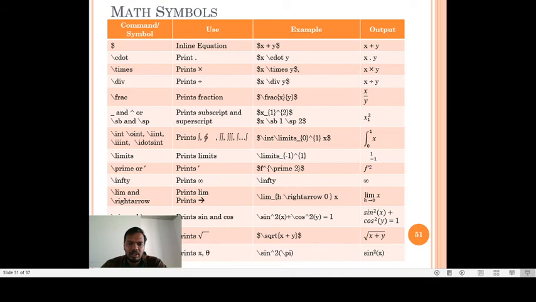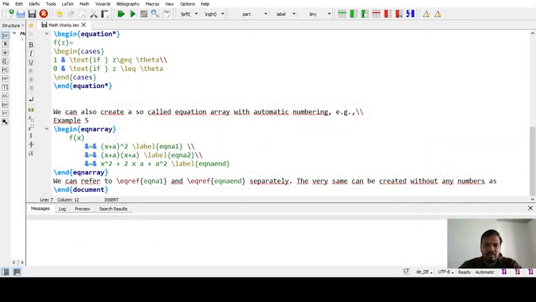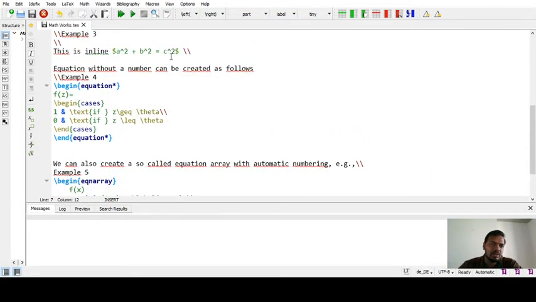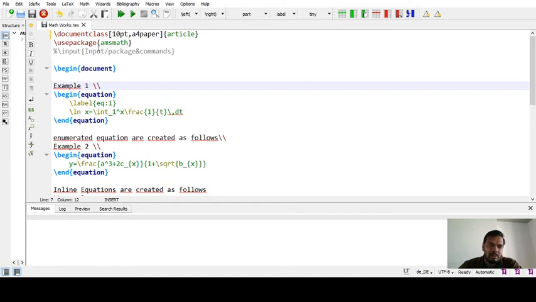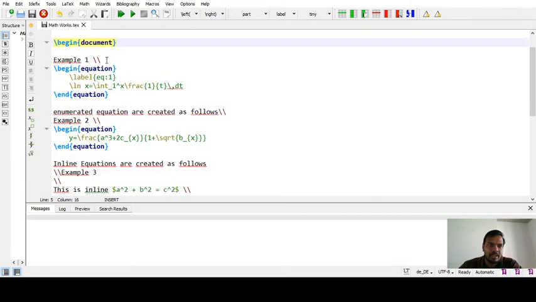So now we'll go through the execution of this in the coding section. We'll go to the coding section. So whatever we have discussed, we'll be looking at over here through execution. So now here I am using the article class. The document class will be article, and for writing mathematical equations I am using the amsmath package, right? By using the command slash usepackage and amsmath. Then I have begin document, right?